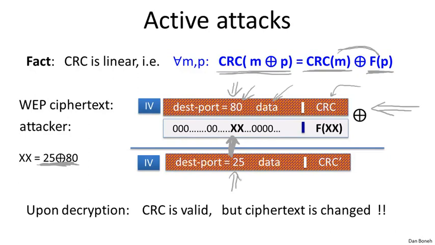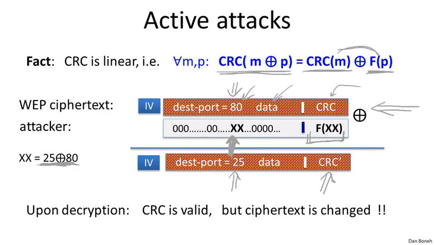The problem is that if that's all we did, then this attack would fail because the CRC checksum would not validate. The CRC checksum was built with 80 as a plaintext, but 25 is a different plaintext and needs a different CRC. But it's not a problem, because we can easily correct the CRC checksum, even though it is encrypted. What we do is we XOR F of XX into the ciphertext at the place where the CRC is supposed to be. As a result, when the ciphertext is decrypted, we'll get the correct CRC checksum after decryption.